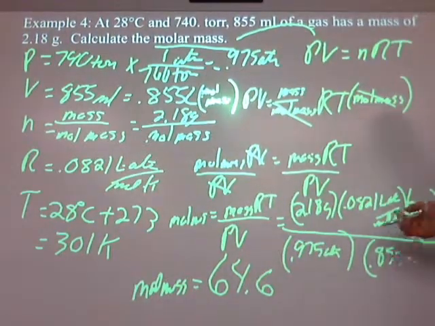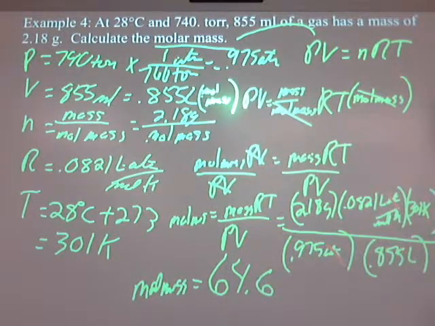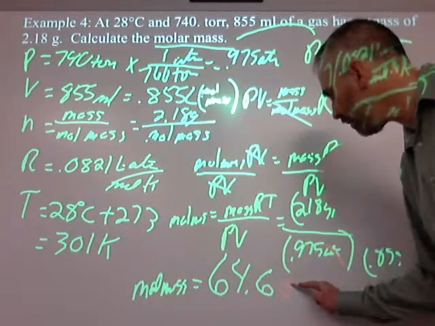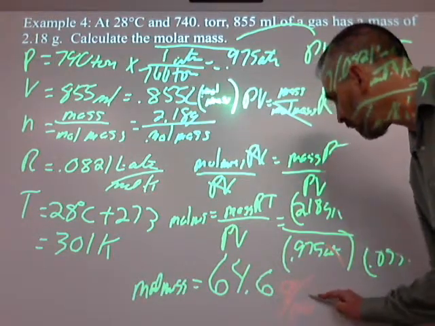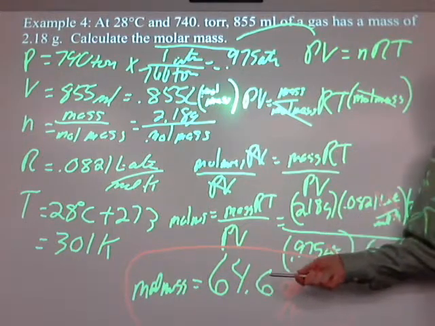What we got here? We got atmospheres and atmospheres cancel. Grams. We have Kelvin and Kelvin cancels. We have liters and liters cancel, but we don't have two things that cancel, and that's good because it actually makes sense. What does not cancel? Grams over moles. Let me just rephrase this. What molar mass is